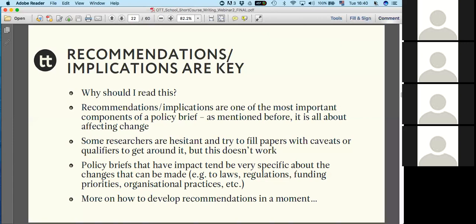And that's usually where the policy brief gets more bang for its buck, where you're being very clear about what you're trying to change, what you're telling the decision maker you want to happen. We'll go through how to develop policy recommendations in a moment, but I just really wanted to stress how important they are,